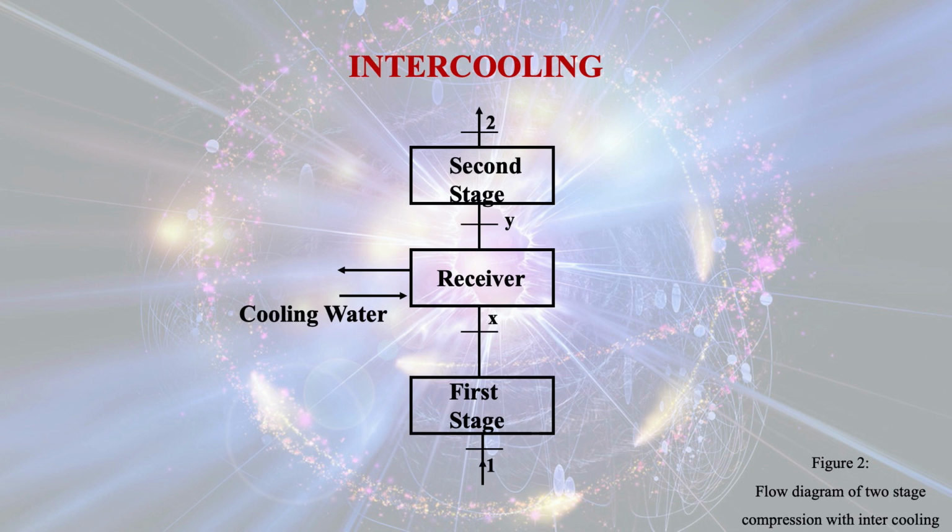Now it is passing through the heat exchanger and there is heat transfer from the hot air to the cooling water in the heat exchanger before entering into the second stage. Before entering into the second stage compression, its pressure will be Px, but temperature will be T1, that is the same temperature as it was at the initial stage. Now, the compression will take place in the second stage. At the end of the second stage, the final pressure will be P2 and the final temperature will be T2.